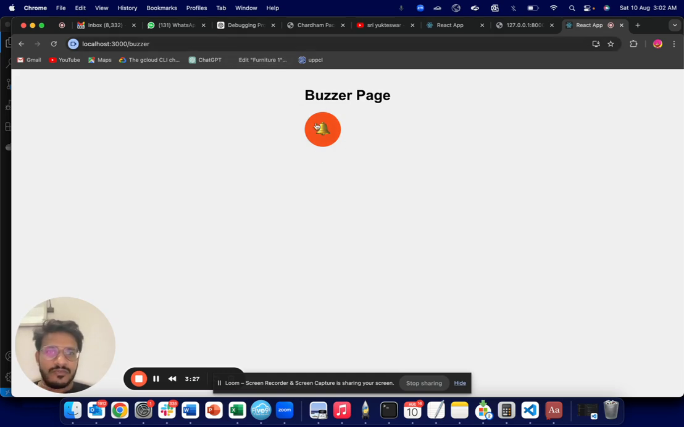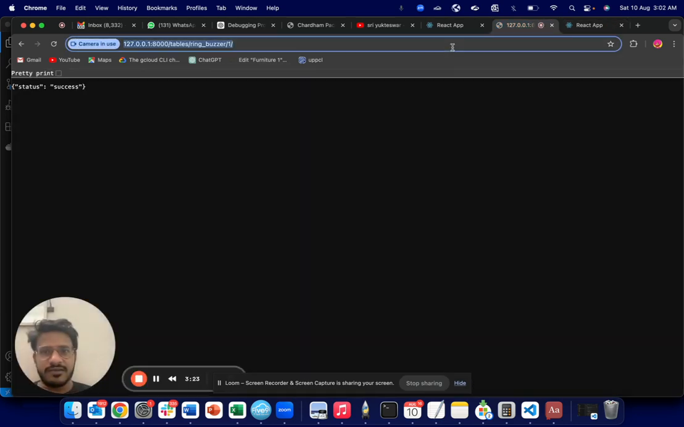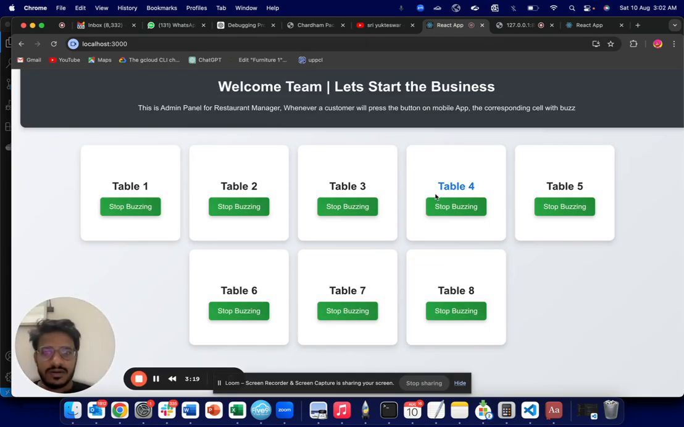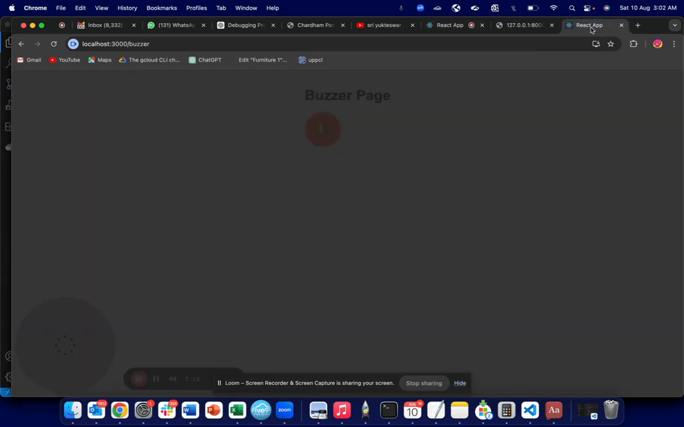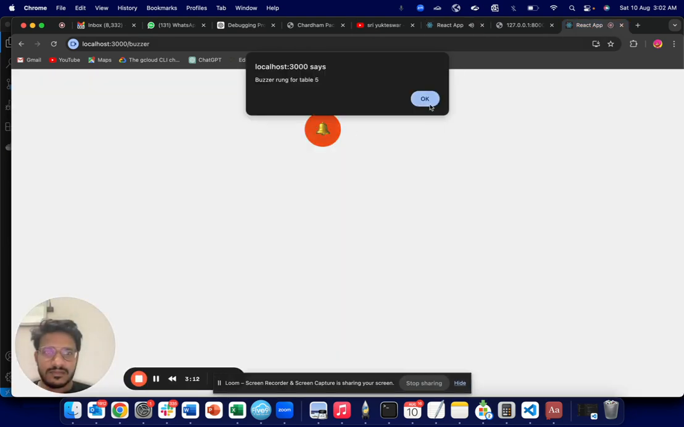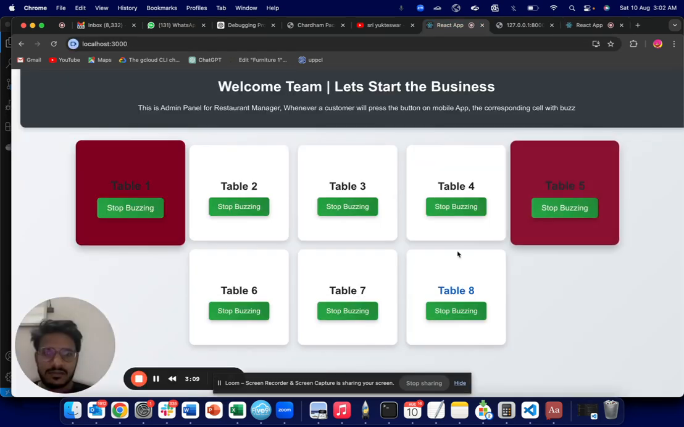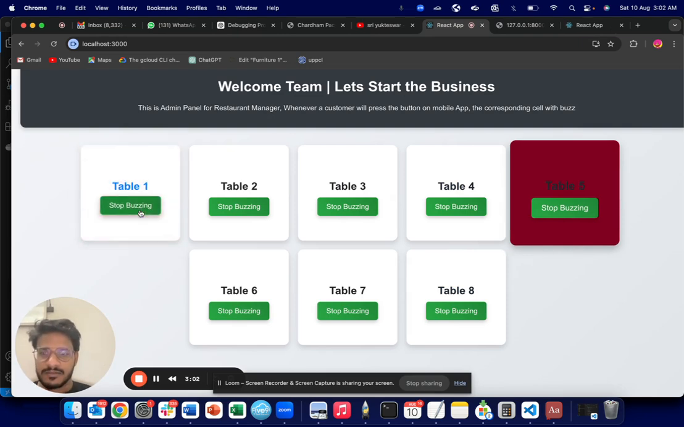Similarly, this was for table number 5. I have the APIs for other tables. Let's say if I am ringing it for the table number 1, it would start to speak the same, and 5 together. Again, if I'll press the button,